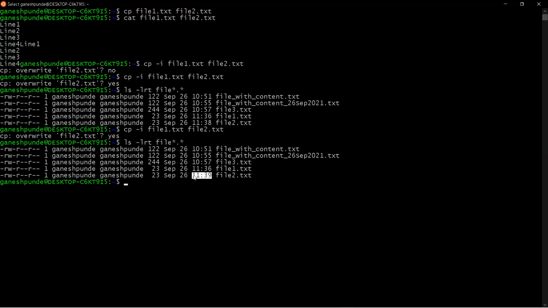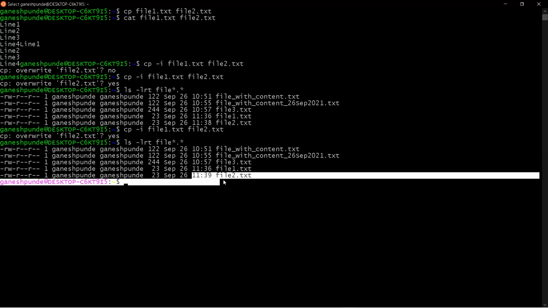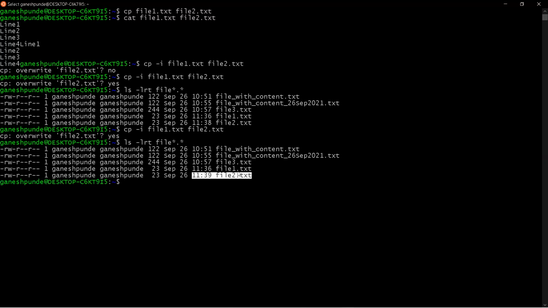It means this file is overwritten, right? So at 11:38 this was the file, and at 11:39 this file got modified or updated. So this is the way. Basically -i is used for confirmation. If you want to overwrite any file, you can double confirm while copying the file.